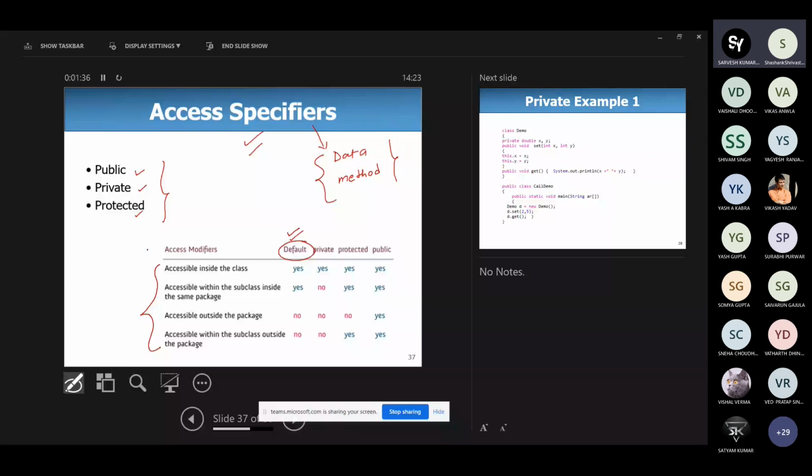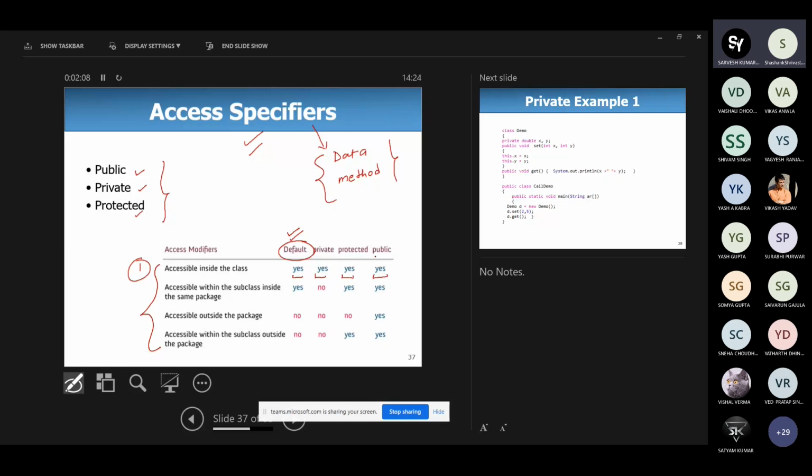The first one is accessible inside the class. Accessible inside the class is very limited. Here you cannot provide security, because a class member can access another member. In this case, accessible inside the class, in all the 4 cases the yes is marked.